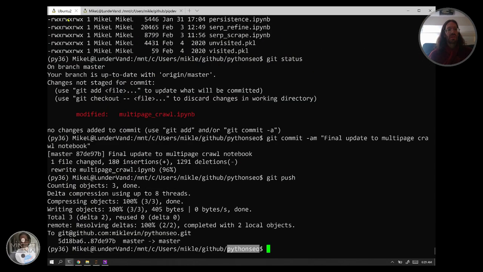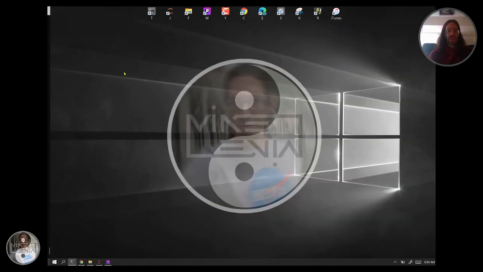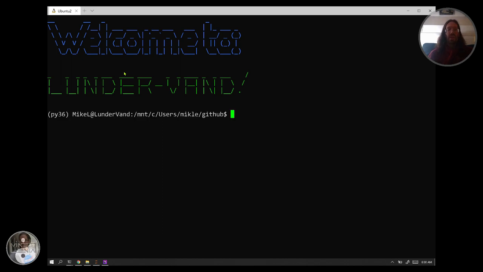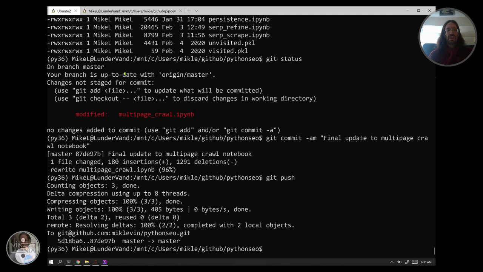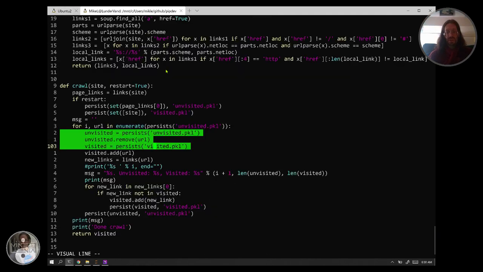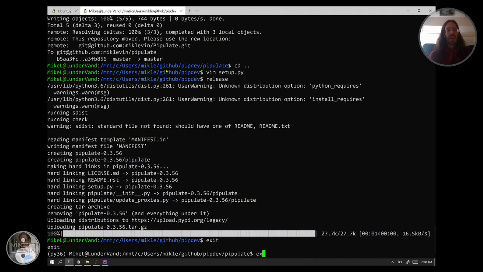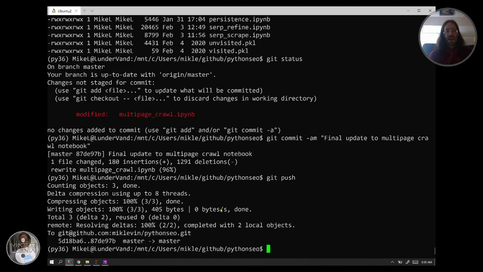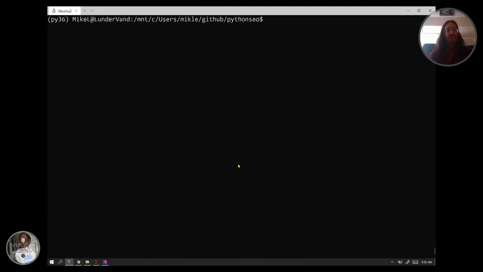I think I can break off this tab. Are these tabs breakable off? No, it doesn't let you do that. But I'm tired of switching between these tabs. So I'm going to go to one more screen, Control-Alt-T. And I think I'll put Pipulate here. So it's already loaded over in this one. So I'm just going to exit out of this. So I'm just down to the one tab, which is my Python SEO